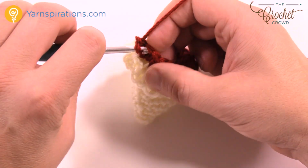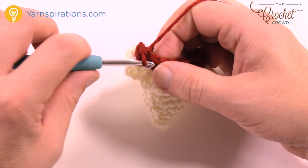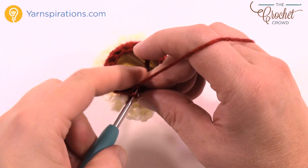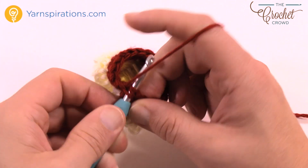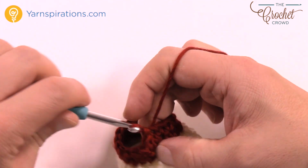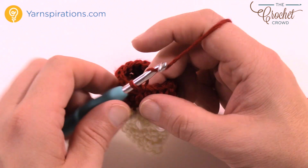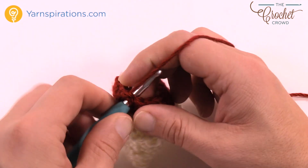So chaining up 1, single crochet in each stitch, going all the way around. Once you're all the way back around, just slip stitch it to the top of the first one. And now we're going to start doing a bit of decrease next. So next we have to chain up 1, and we're going to single crochet into the first one,